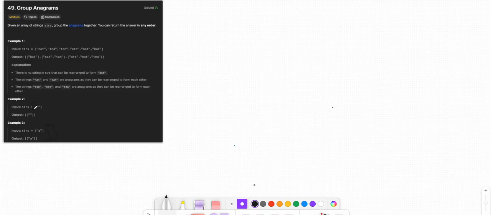This example gave us an empty list, so we just return an empty string in a list inside a list, right? And then we're given one word in here, and then we return that inside the list. The biggest one we have here is: we have eat, tea, tan, ate,